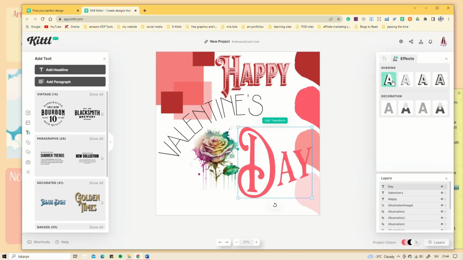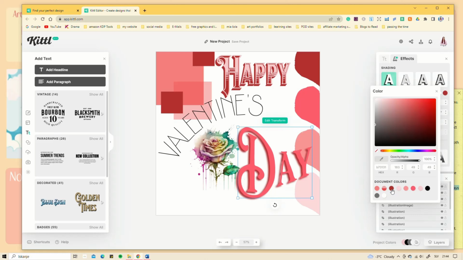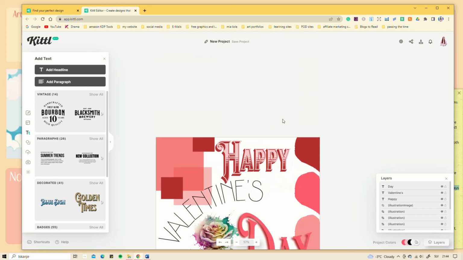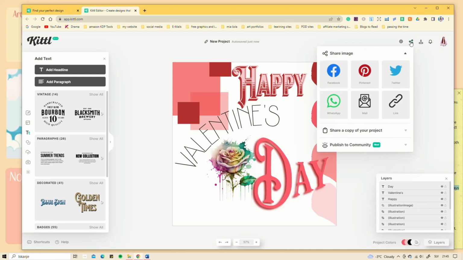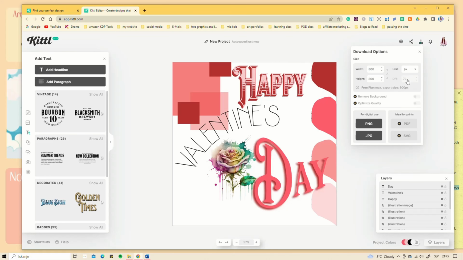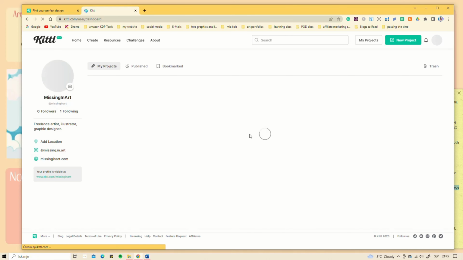But Kittle has it too, so this is just amazing. And that's it. You have your Valentine's Day card ready. Download it, send it. You can also share it with others that are on this platform. They can give you some pointers if it's good or not. Then you can see all of your